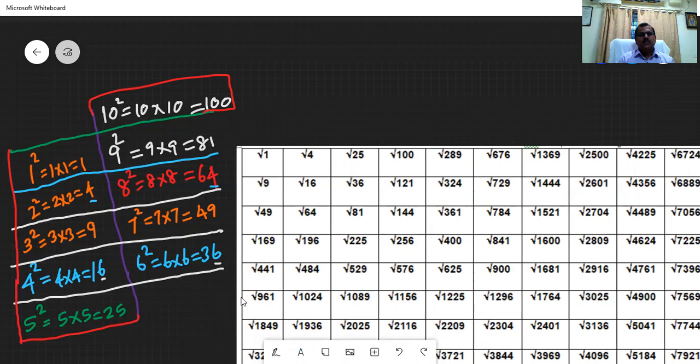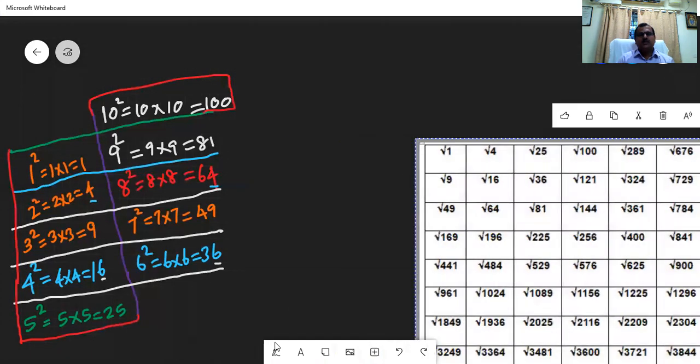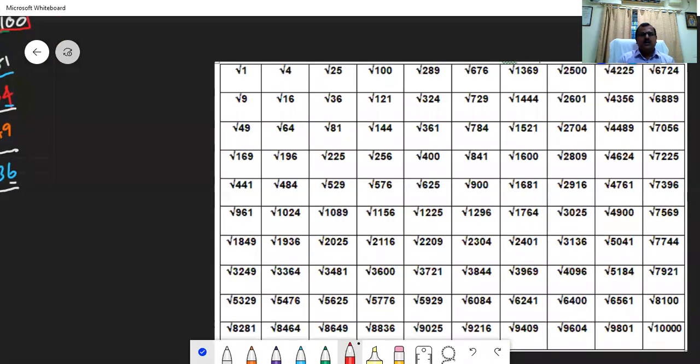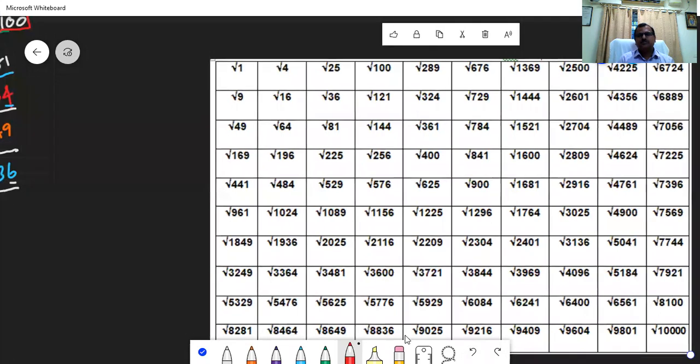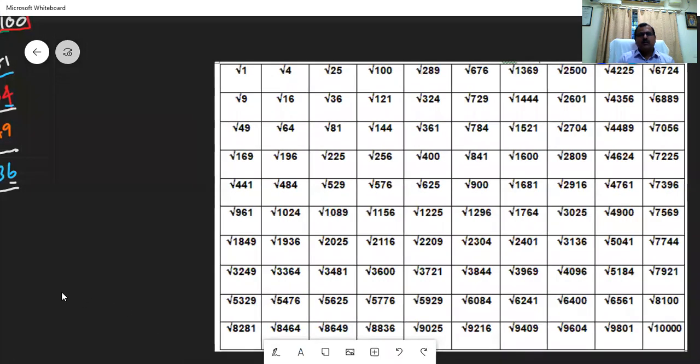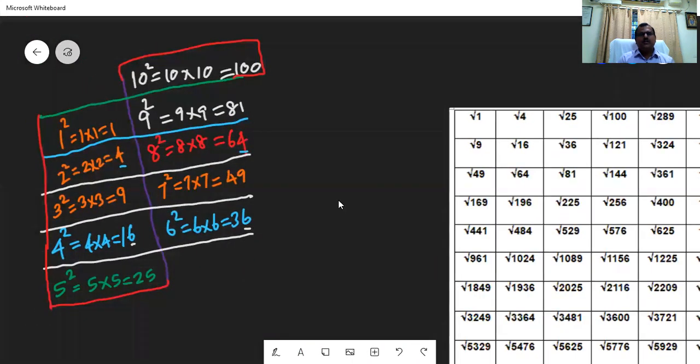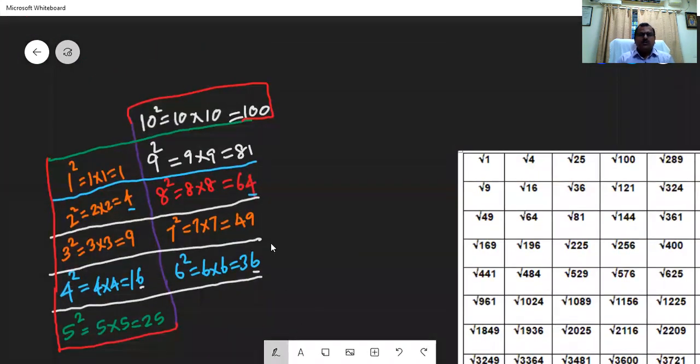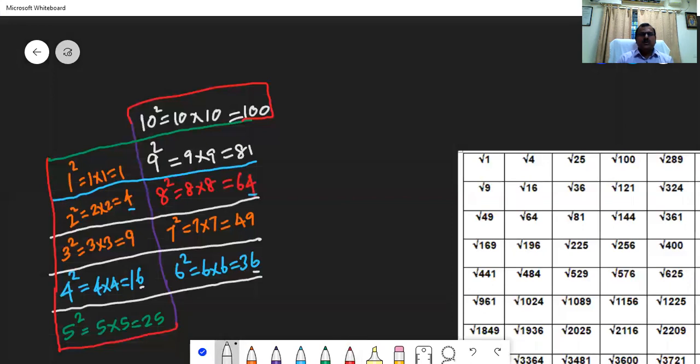This is a very basic concept of the unit technique. The technique is called the unit digit technique. The unit digit of a square number we can observe, and the unit digit will indicate the square numbers. That is one technique. Now, our aim is to find the square root.